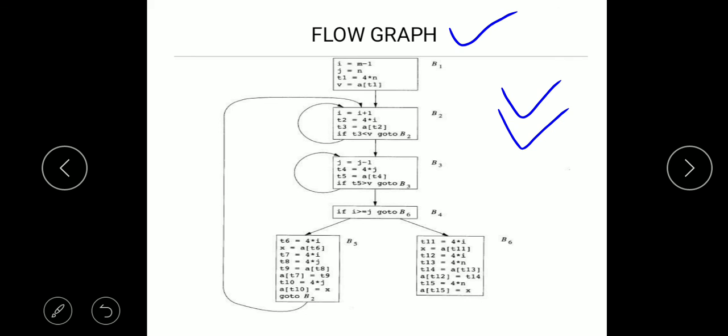Again I am repeating so that you can clearly understand. There would be a directed edge from B1 to B2, this one. Why? Because after execution of this statement of B1, the first statement of B2 will be executed. Okay, that's why there would be a directed edge from B1 to B2.